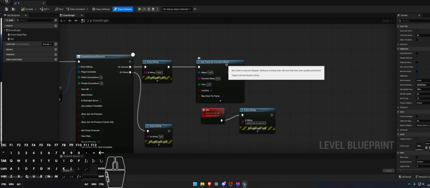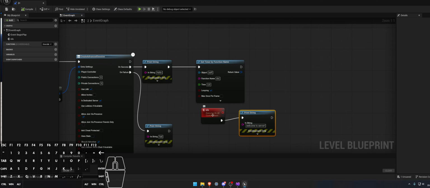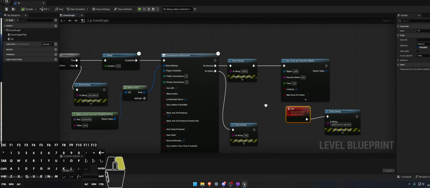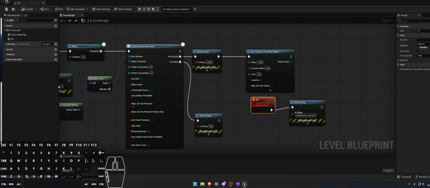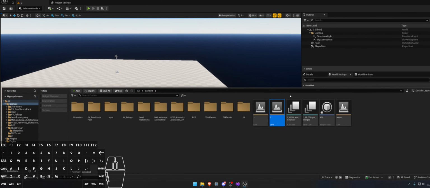I've made this function named timer to see if we are on the server from the client. Okay, so it executes on all. So after the client joins, we'll see that pop-up information that it's on the server. So you can check like that to figure out if everything worked. The next part is